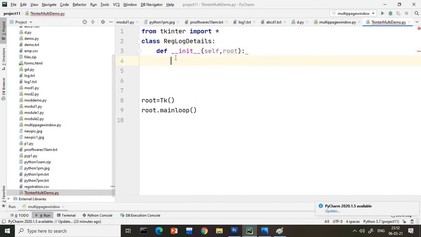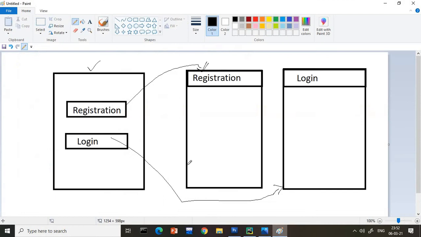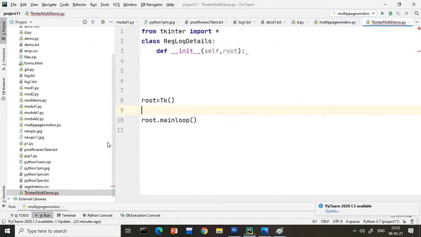Why am I going to create this init? Because whenever I start my program, immediately one window should open, and that window will have these two buttons. As you are aware, the constructor is called automatically when we create the object of a class. So how to create the object?